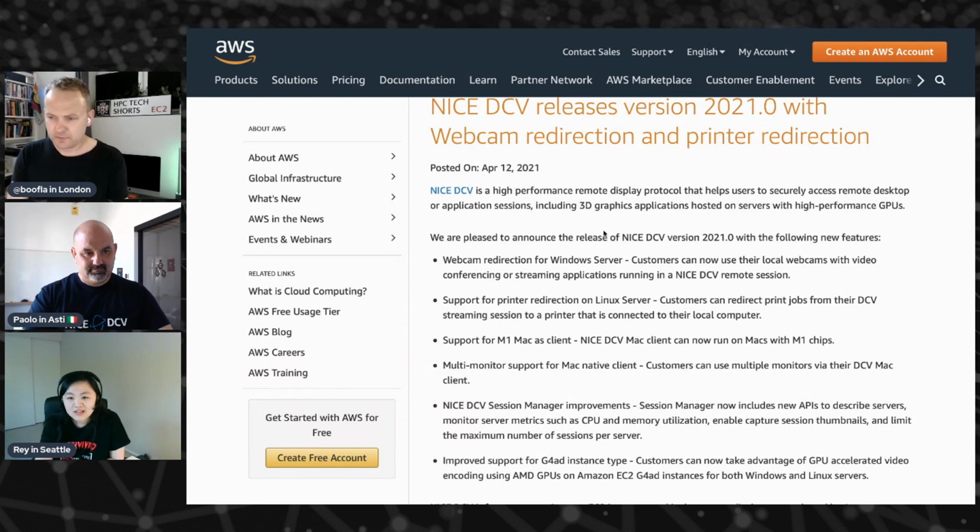Yes, definitely. So in addition to all the features listed here, such as webcam, printer redirection, better support for M1 Macs, multi-monitor support for Macs, and some improvements that we have done for the session manager, and better support for our G4AD, our AMD instance type. We've also announced a new Web Client SDK at the end of March, the version